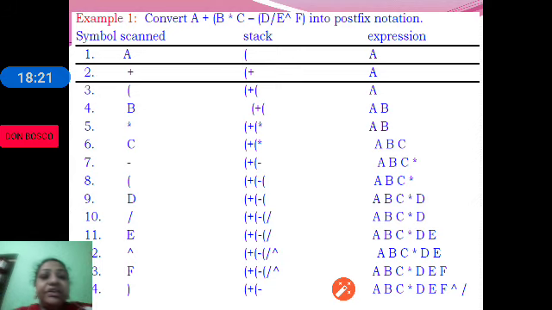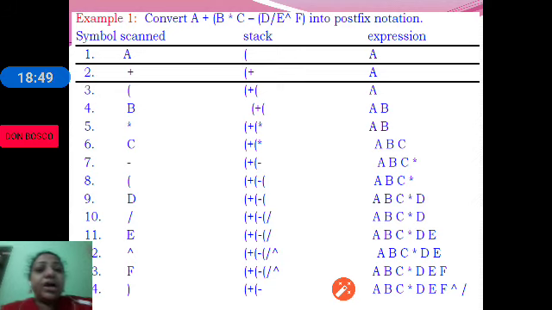Next comes F. F is an operand which will be placed onto the postfix expression. Next comes the right parenthesis. When a right parenthesis comes, we pop all the elements from the operator stack and put them onto the postfix expression, discarding the left and right parentheses.